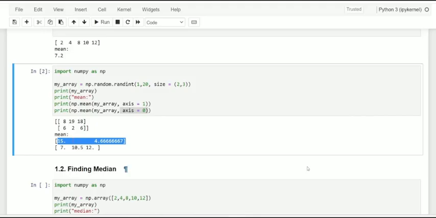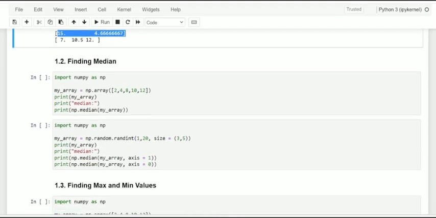Okay, so next we are just going to identify the median. Dear friends, median is the value that divides the data into 2 equal parts. That is, the number of terms on the right side of it is the same as the number of terms on the left side of it when data is arranged in either ascending order or descending order. And the median will be the middle term if the number of terms is odd. And the median will be an average of the middle 2 terms if the number of terms is even.